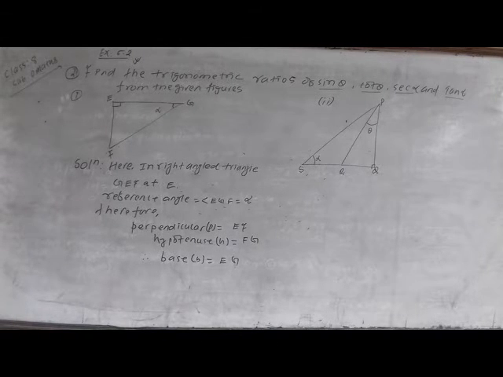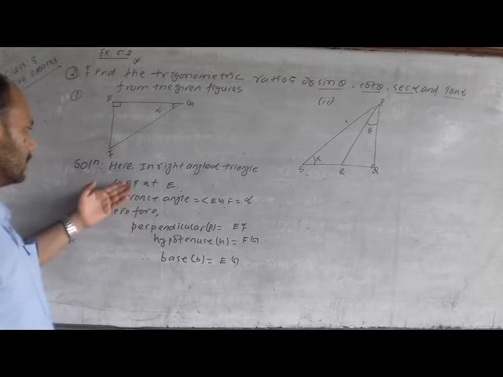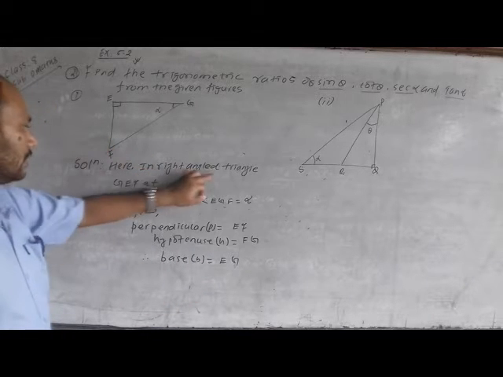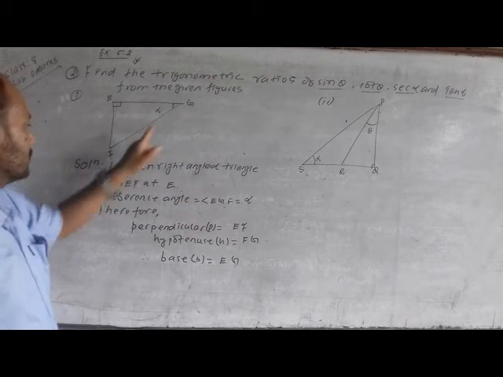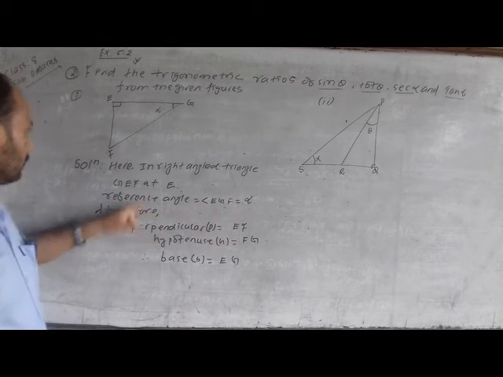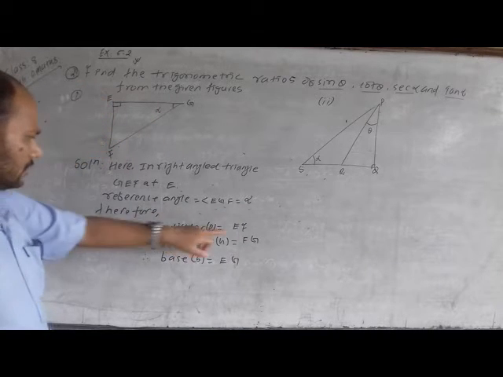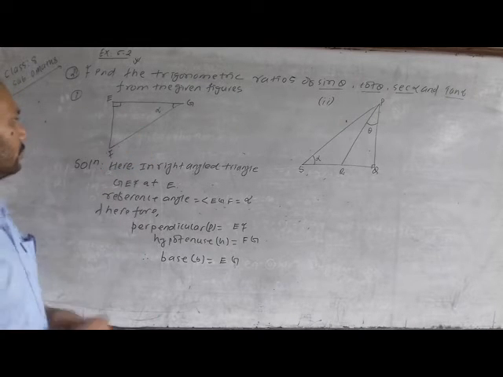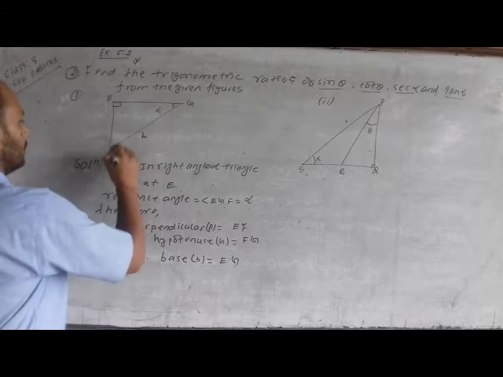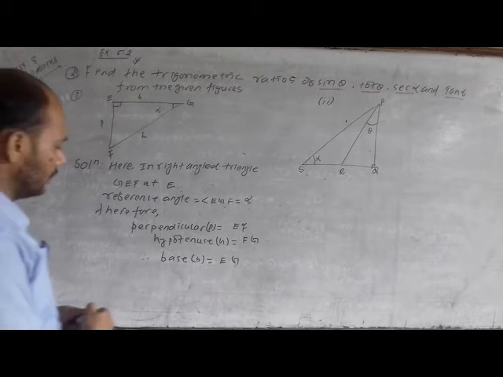And when we identify perpendicular, hypotenuse, base, again see here. First you write given, it is a right angle triangle at E, in which reference angle EGF is equal to alpha. Therefore, perpendicular is the side which is opposite to the reference angle, that is EF. Then hypotenuse is the side which is opposite to 90 degrees, this is FG, and the remaining side represents what? Base.